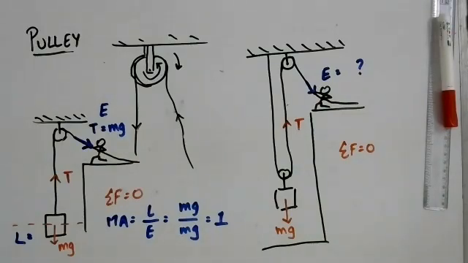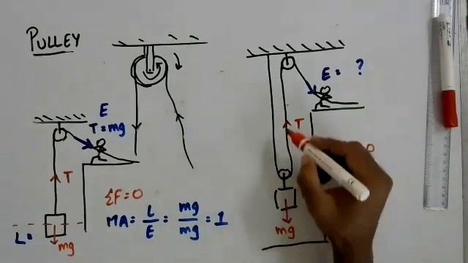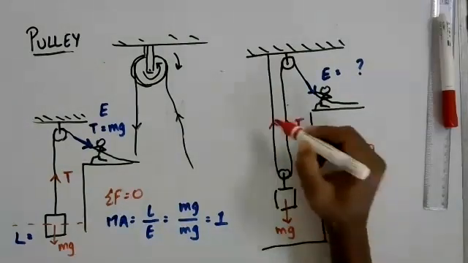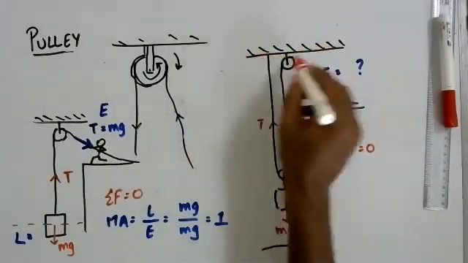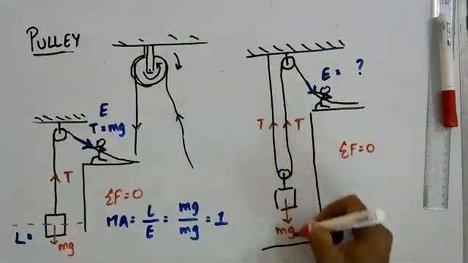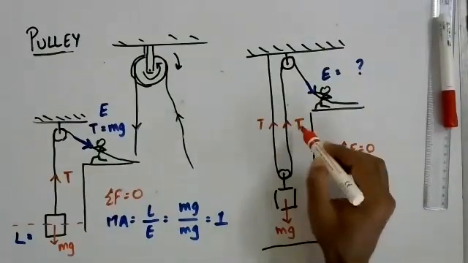Sorry, your voice was breaking up. I couldn't catch everything. Can you start again? But then there's one more tension. Where? The first string will have tension as well. Yeah, there has to be some tension in the first rope also. So there is this rope which is attached to the rigid support. Naturally, if there is a weight applying over here, there has to be tension in both the ropes.